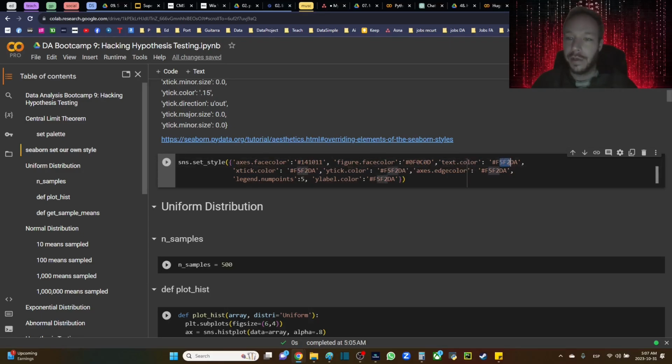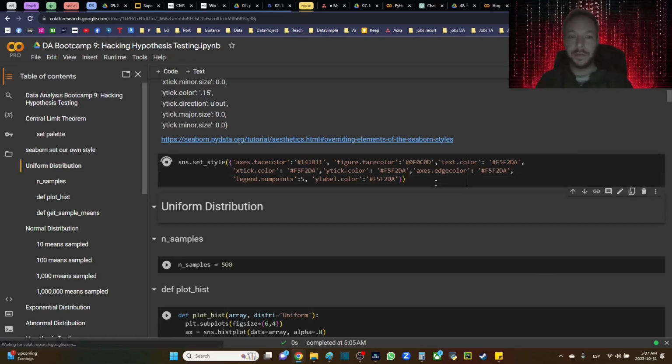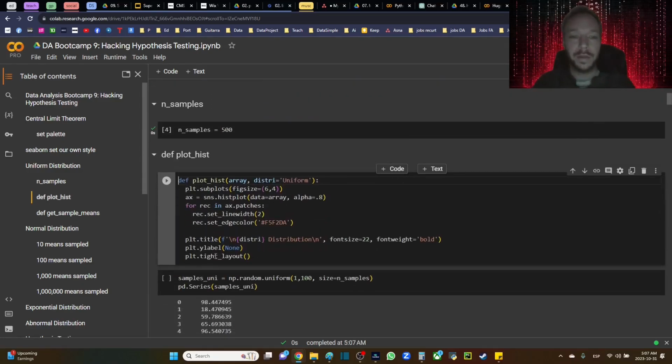Text color, we're going to do this. Tick color, we're going to do this. Tick color, edge color, and so on. Everything where we have the ability to change. So it makes them for some pretty cool plotting. Okay. So here what we're going to do is define our own little hist plot function that allows us to